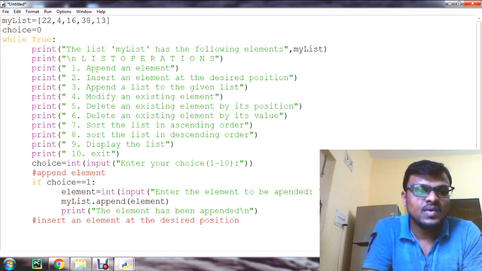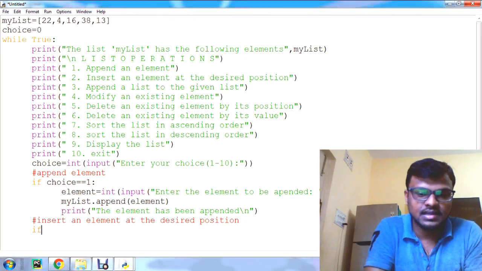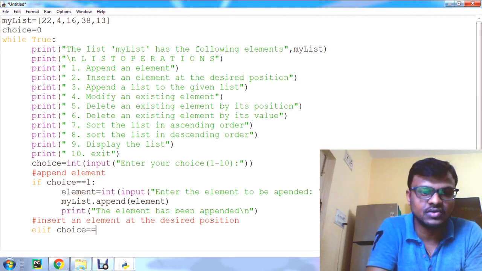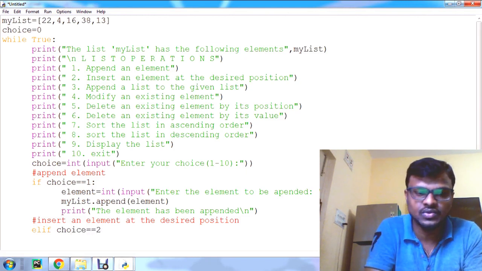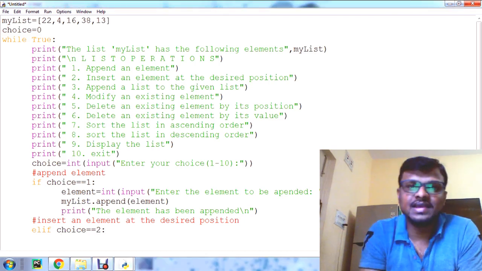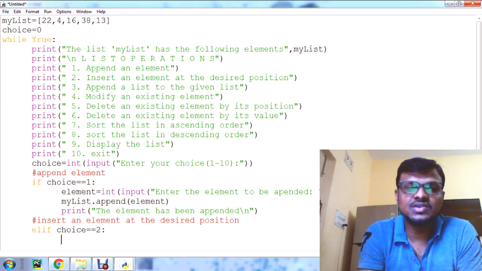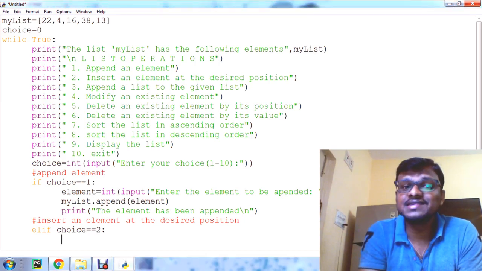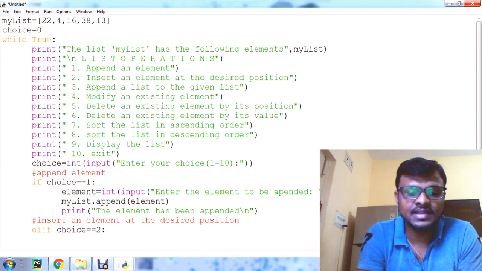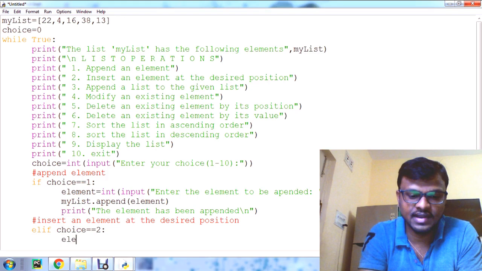Here we have to check. I have already used if, now we use elif. Elif choice is equal to 2 for insert. Now when the choice is equal to 2, we are going to insert a new element at the desired position. For that we need the element for insertion, right?